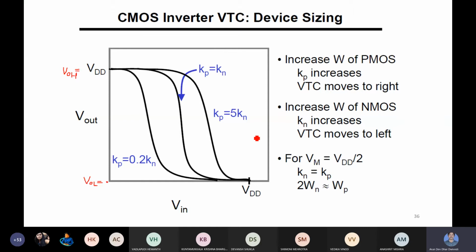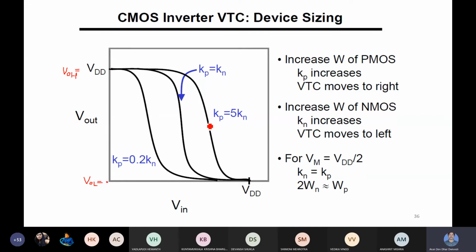Here we are considering Kn equal to Kp. We are designing in such a way that Kn equal to Kp you can consider only if you are taking the width W of the PMOS equal to 2 times the width of the NMOS, because the mobility of the PMOS is approximately half of that of the NMOS. Mobility of holes in the PMOS transistor is considered just half of that of electrons in the NMOS. Therefore W of the PMOS must be taken double the width of the N channel MOSFET. If that condition is satisfied, then Kp equal to Kn.